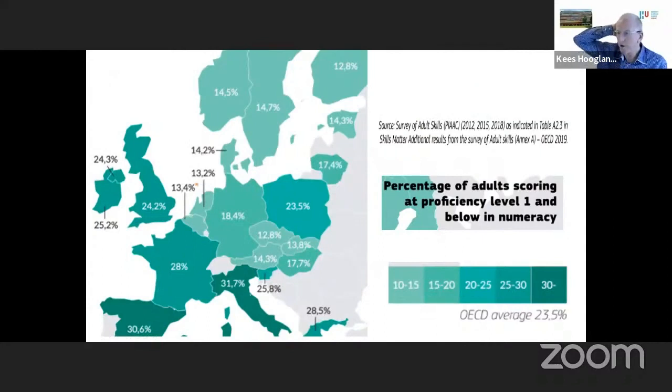What's going on in Europe and in the United Kingdom, of course? The last PIAAC results meant that these are the percentages of the working population that scored on a 5-point scale, level 1 and below. Level 1 and below are associated with having difficulties with numeracy situations. For literacy, it's the same. If you have level 1 or below, people are assumed to have regular problems with those situations.